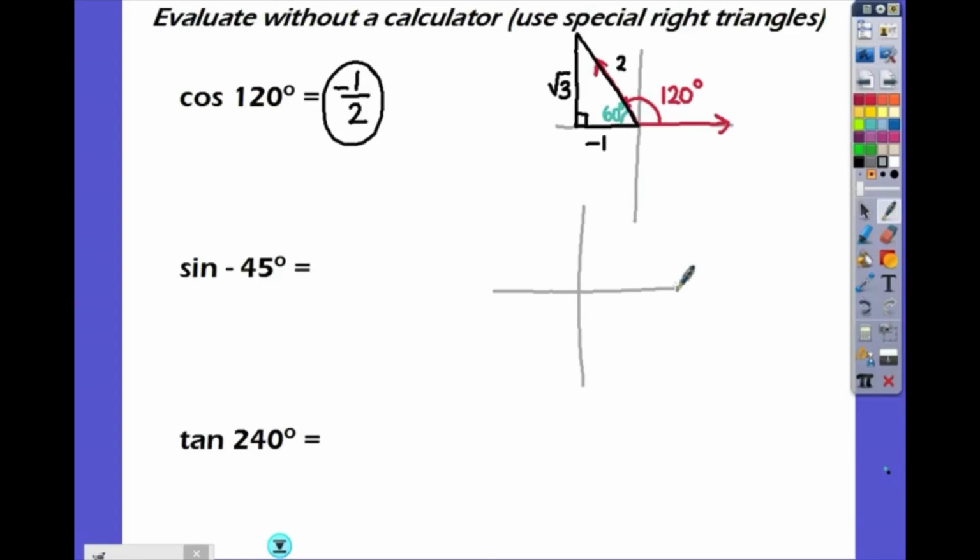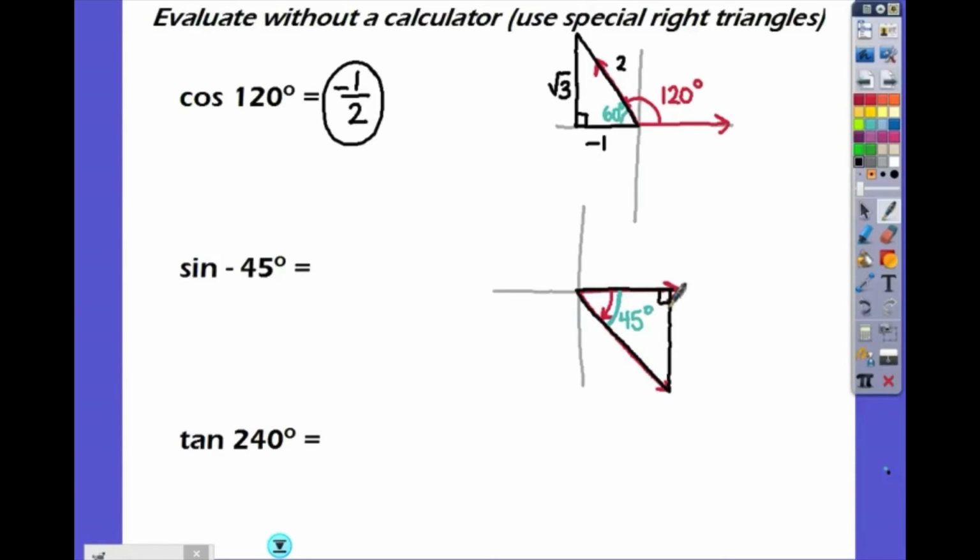Negative 45 degrees. Let's draw that. Always starting on the positive x, a negative angle rotating this way. And the reference angle is just that one that brings us back to the x-axis. Our reference angle is a 45-degree angle, which I love because I know everything there is to know about 45,